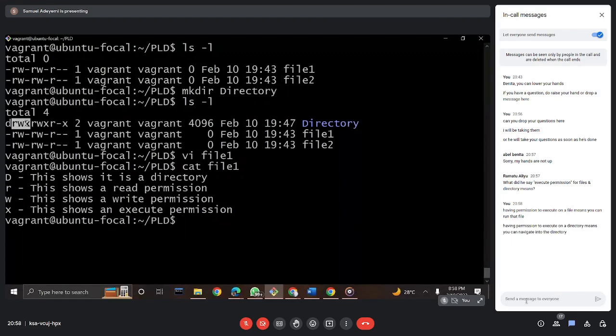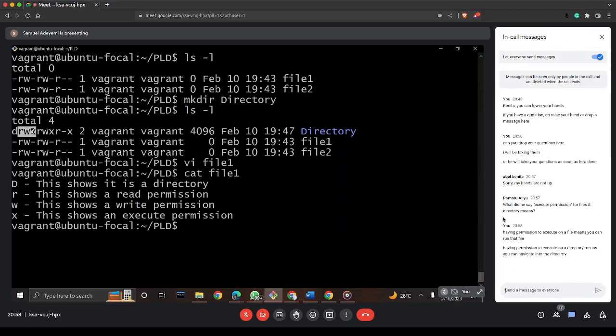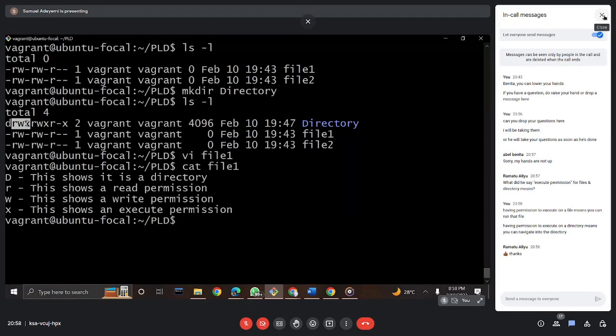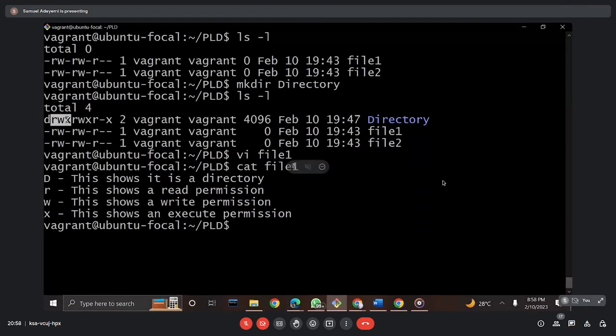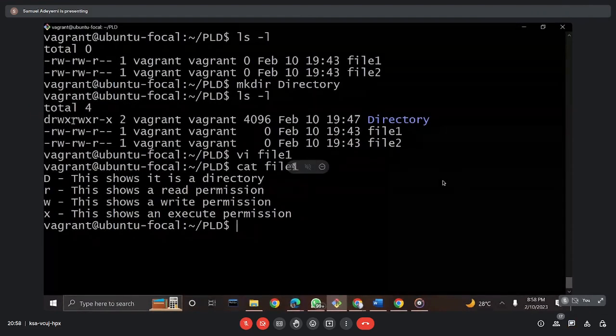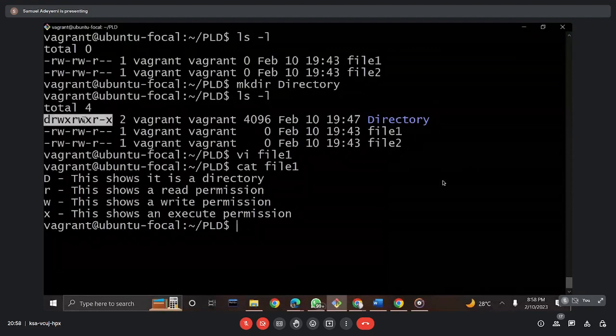Characters 2 to 4 refers to the lecturer himself, the user permission. I'm the owner of the file, so it is the owner's permission. I have this permission: read, write, execute. For group permission, the RWX, that is characters 5 to 7, when we are talking about group in this sense,